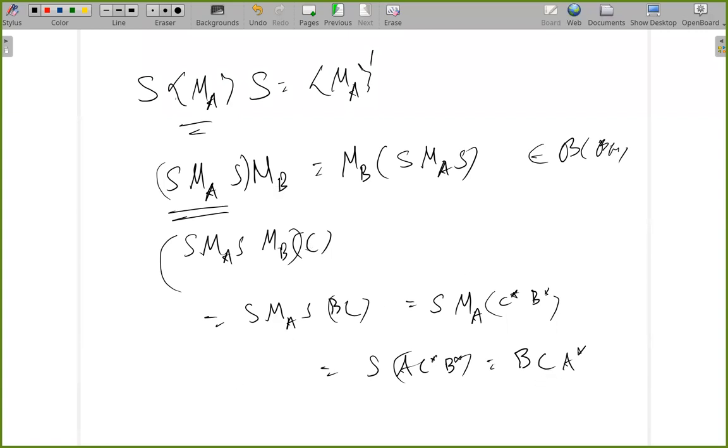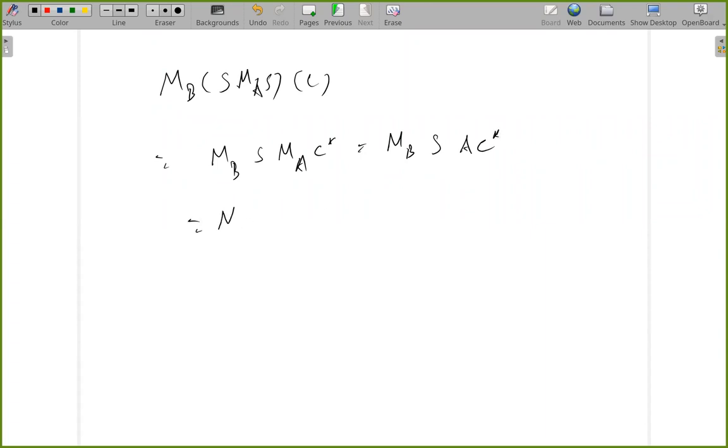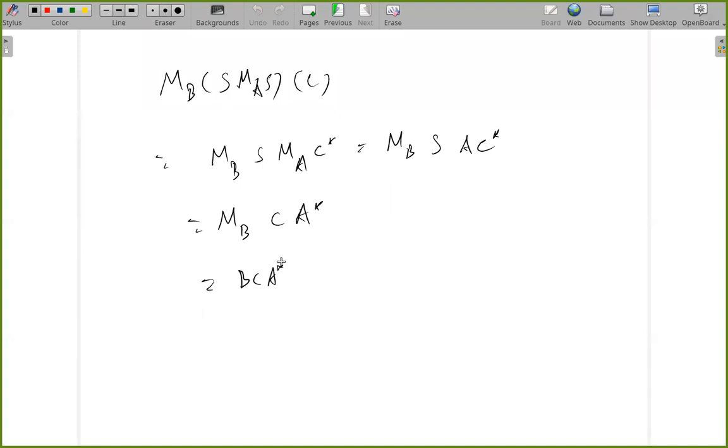Now let's compute the right-hand side, maybe on a fresh page. So MB, SMA, S acting on C. First, you get a C star. The next step, you get multiplication by A, so you get A, C star. Then you get MB times A, C, A star, and you get B, C, A star. Do they look the same? They do, right? So what we have shown is that